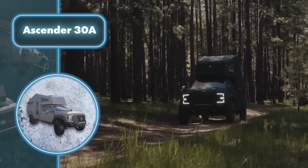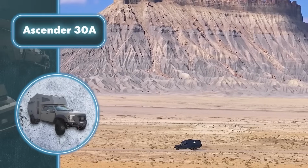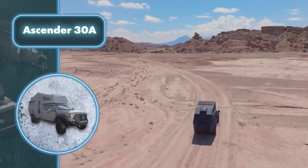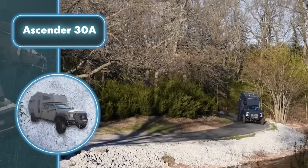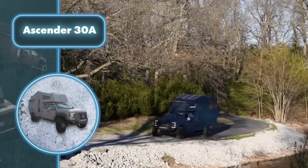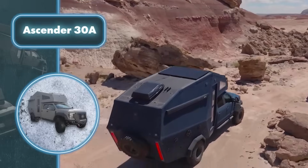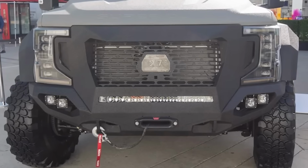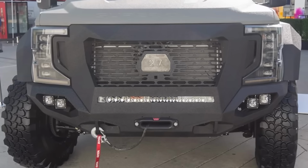The key here is the vehicle base. It can handle any terrain, so this car isn't scared of rough roads or obstacles. Surviving with the Ascender 30A won't be hard. It's fully equipped for a comfortable life, even in the toughest end-of-the-world conditions. Inside, you'll find a complete dining area, a compact kitchen with a stove, a shower, a 100-gallon water tank, and